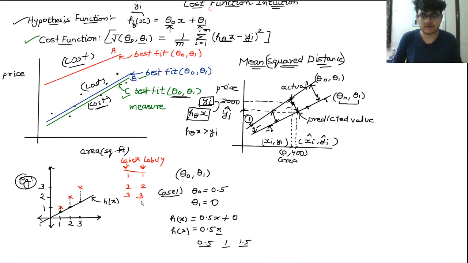If i equals 1, which is this case, we have h of theta x as 0.5, minus 1, square, times 1 by m. How many points are there? We have 3 points, so 1 by 3. And then we are going to take another value,